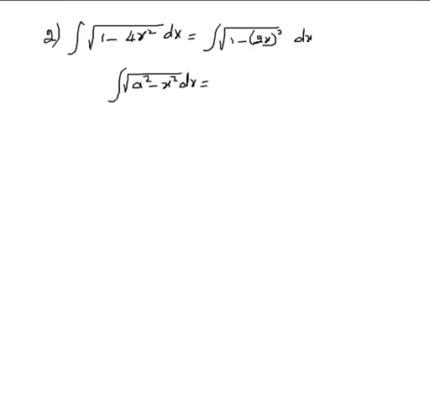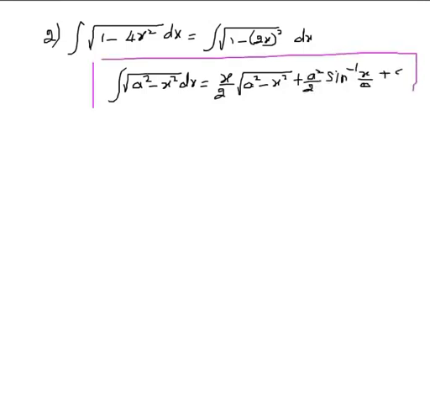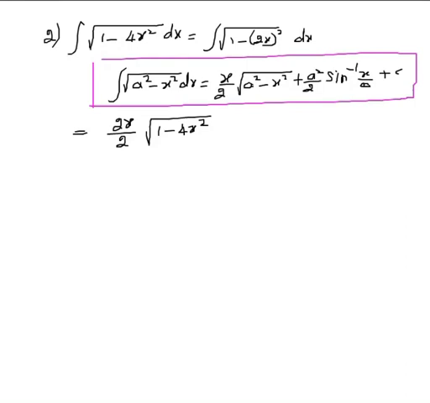Write this formula, memorize and write. In this question, a is 1 and x is 2x. 2x divided by 2, root of 1 minus 2x the whole square, which is 4x square, a square by 2,